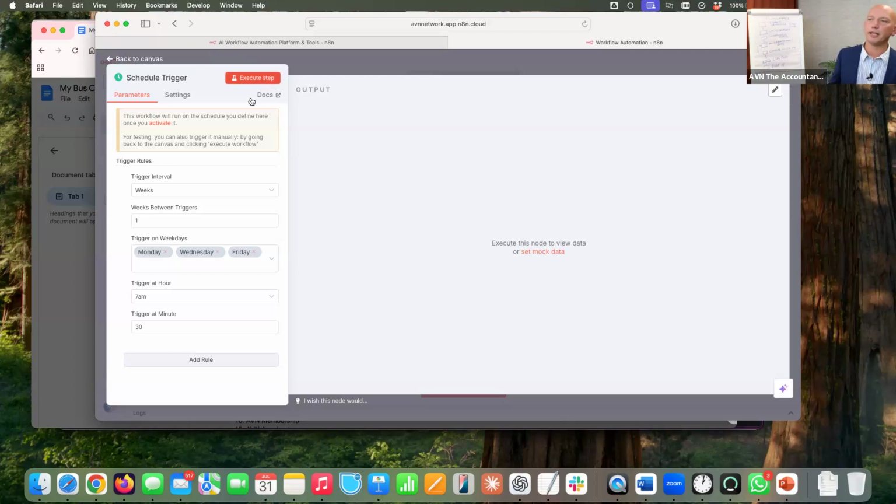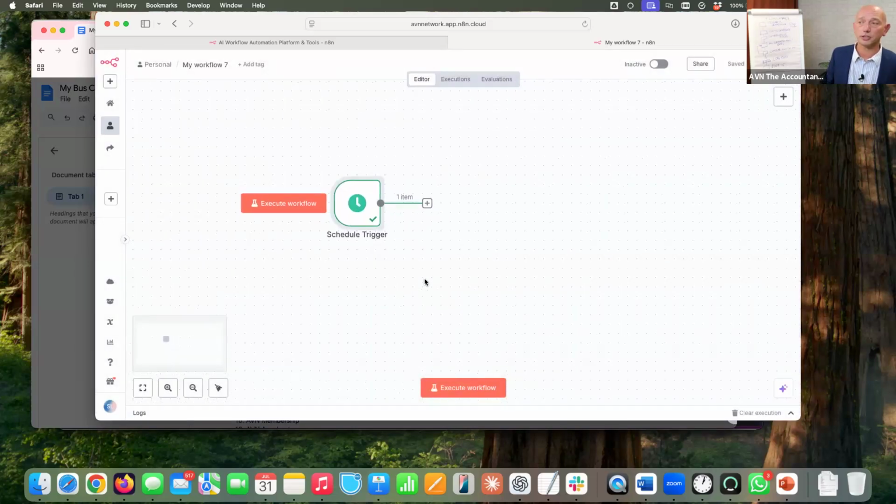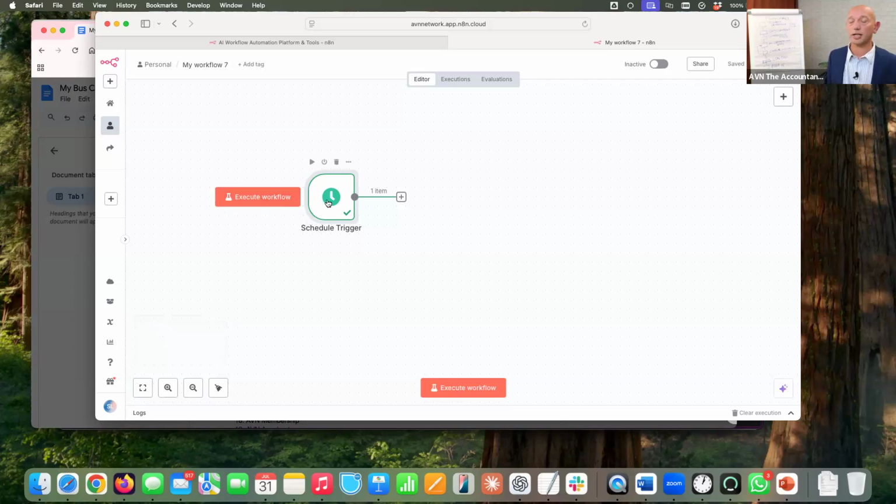And for all of these, by the way, we can schedule these to see what happens. We can execute it there and then to see what happens. So in this output, this tells you what it's going to pass to the next item along in our flowchart, which we're going to replicate on the screen. Now, as it happens, that's irrelevant in this case, but we might have wanted to pick up the time or the date or anything like that, the schedule. All right. So we've got our schedule trigger. So at those times and dates, that will automatically fire this off. In the meantime, we can execute it just to test it anyway, so it's not a problem.